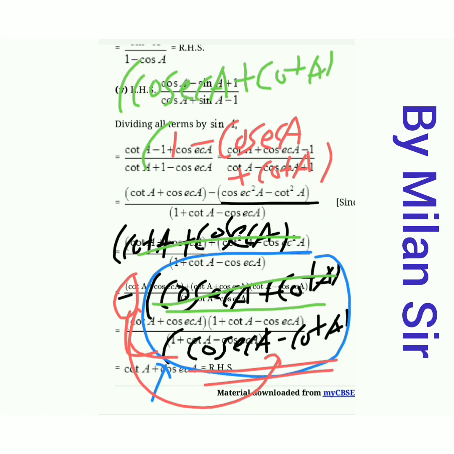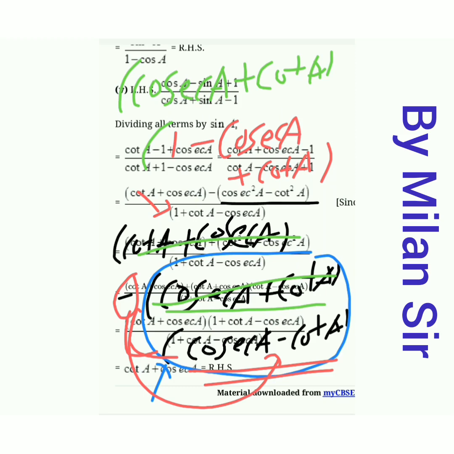So first of all, again, our first bracket as it is, that means this cot A plus cosec A, and in the second bracket it's cosec square A minus cot square A, x square minus y square. So we apply that identity x plus y, x minus y. So cosec A plus cot A, cosec A minus cot A. Then one bracket is common from both these terms. It's cot A plus cosec A, because that bracket is present in both terms. So we take that bracket common. So cosec A plus cot A common.